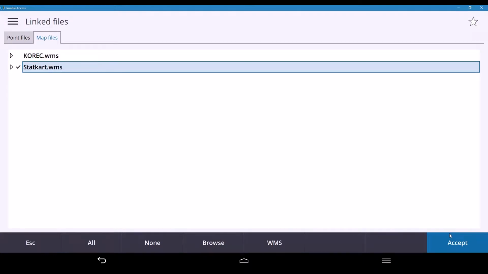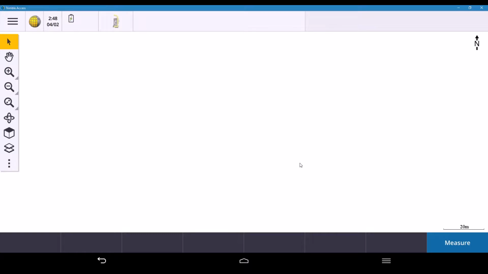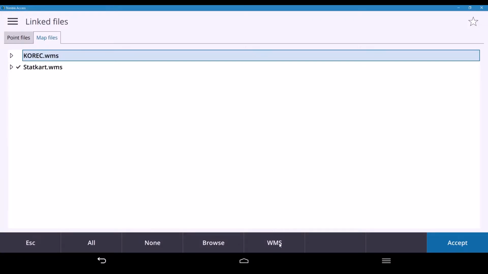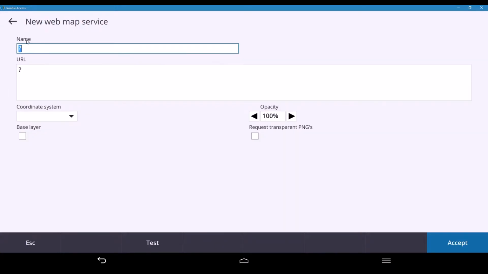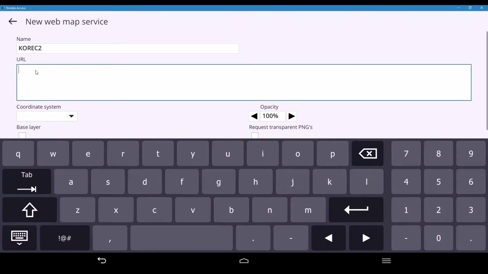If you have whatever WMS you require, you just tick the box and hit accept, and then the imagery will load once you have your project set up with the same coordinate system. If I go back in there just to show you what it looks like, I untick that and go into WMS and start a new one. It'll ask you for the name, so I can call it Corec2. I go in there and copy my URL,